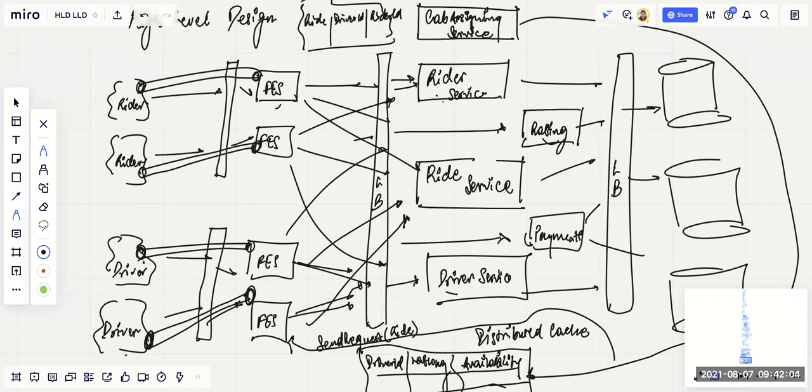I got a little confused there, Prakar. So front end service is the one with the WebSocket which we are making. That's what we are talking about, and WebSockets and all the other APIs which you have listed down. Okay. The book ride, cancel ride. See, book ride APIs, front end service.